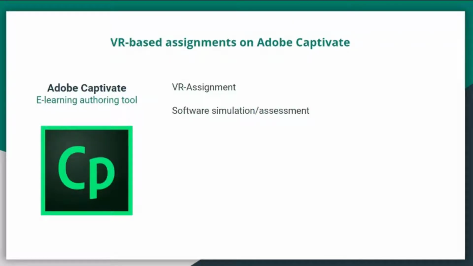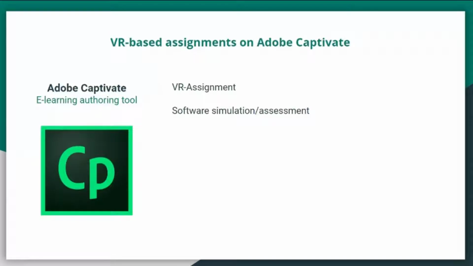If the person does not click there, it will give a message that this is not the correct button. So in this way, you can have a live demonstration of a software simulation where the person's mouse movement is tracked, every single click and every single keyboard stroke is recorded, and in this way you can teach a particular software to another person. Right? So that is what is software simulation.